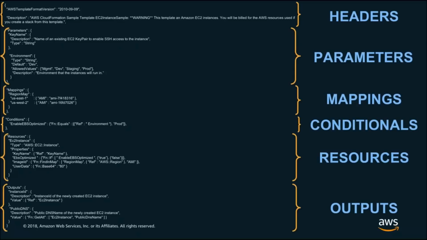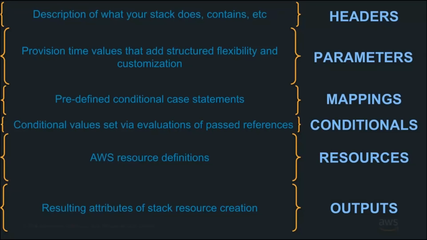But what I do want you to get from this slide is that a CloudFormation template has a number of different capabilities that can be put inside of it. And so this template right here contains aspects of 6 of those capabilities. So headers we've already talked a little bit about, which tell the underlying service what it might need to do for this product and understand what capabilities are inside of this template. Parameters are the next section. We have mappings, conditionals, resources, which we talked a little bit about here, and then outputs. Now your template may not need all of these sections, but it's typically going to need a couple of them. So again, headers, descriptions of what your stack does, contains, transforms, and so forth.